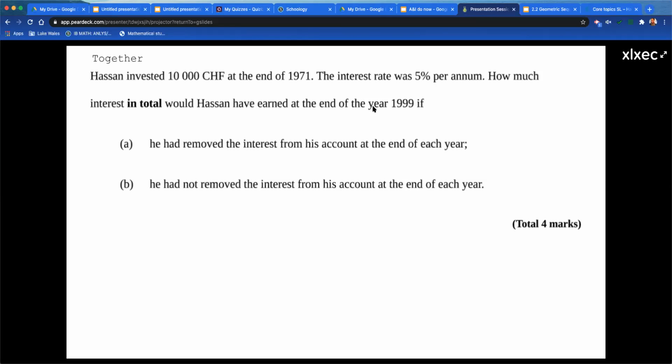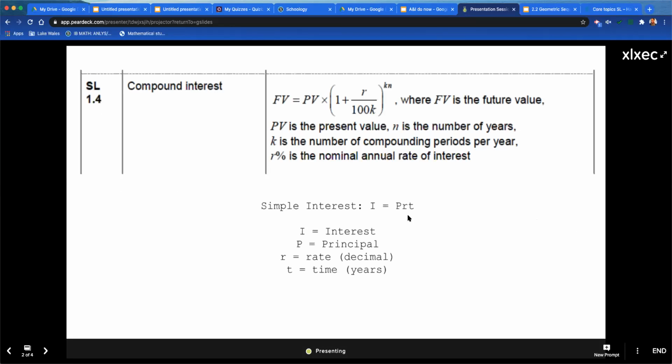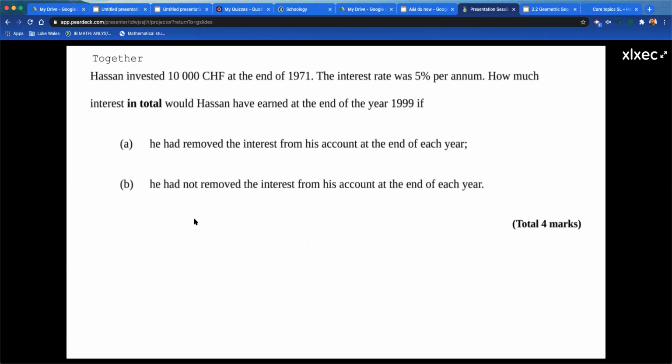Now your simple interest formula, just to refresh your memory, is I equals PRT, where I represents your interest, P represents your principal, R is your rate as a decimal, and T is your time in years. So for Hassan, if we're trying to figure out how much interest he has at the end of 1999, if he had removed interest at the end of each year, then we are going to use the